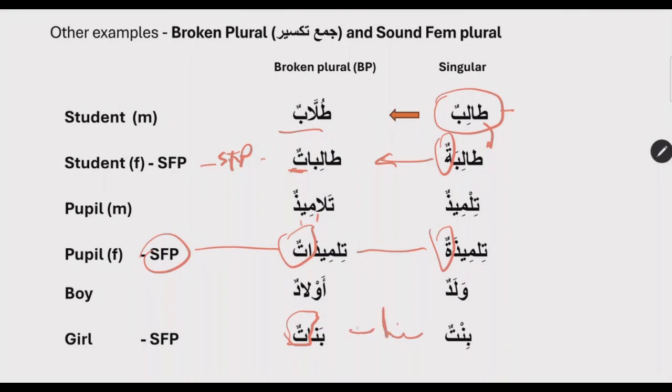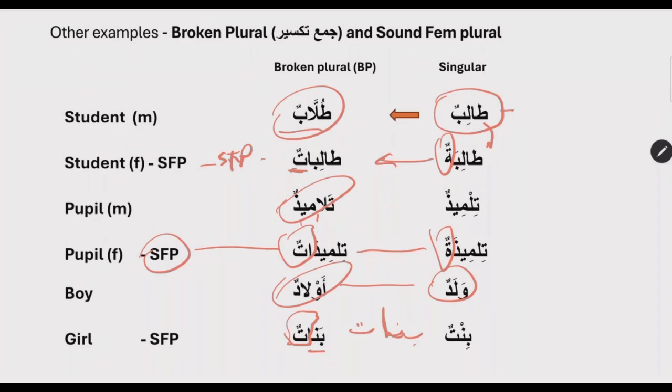And then you had your ta coming in there, right? So banatun is written like this. Okay, and notice also walad, what happened to it? It became awlad. So if you look at this one, and this one is totally different, broken plurals, even in